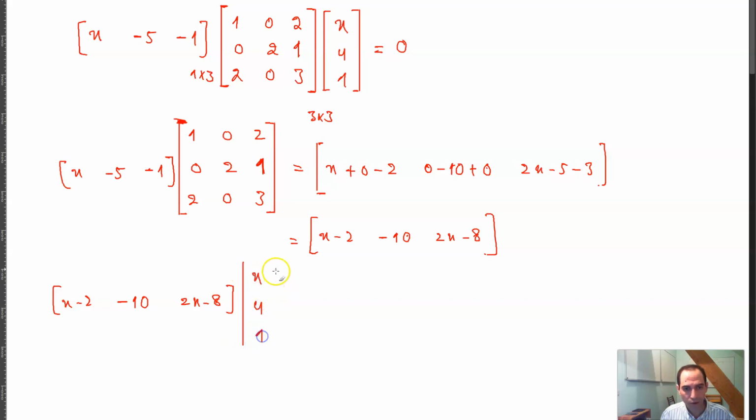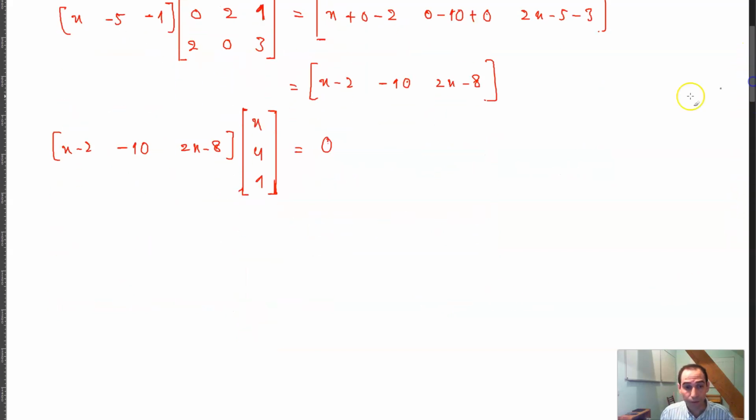I will get x minus 2, negative 10, and 2x minus 8, times x, 4, and 1, is equal to, let's say, something. Now, this is a 1 by 3 matrix and this is a 3 by 1 matrix, therefore you will get a 1 by 1 matrix. And so you have x minus 2 times x minus 10 times 4 plus 1 times 2x minus 8